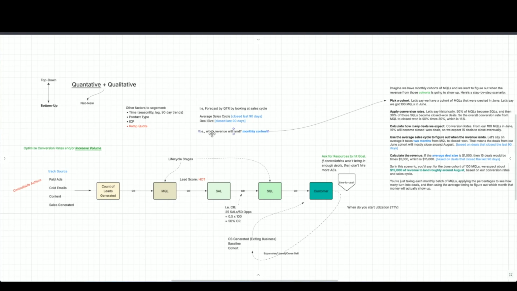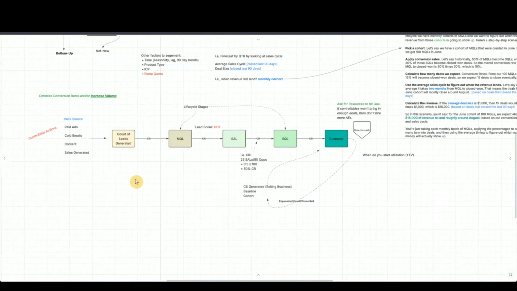And then one big thing is, forecasting is all about when will the revenue land. And this is basically the monthly cohort. And I broke it down here on the right hand side. And I'll go over this a little bit more in detail because it has a good example on how to break down the cohort. Okay. But this right here is the biggest thing, this graph right here. These are our different life cycle stages that are built into HubSpot. The life cycle stages that we have right now within HubSpot, they could do some fine tuning. The good thing is, I did see some properties where we have the MQL dates on some of them, and then we could probably get the SQL dates, and those are the things that are hugely important, like the created date, and then the dates that they hit these different stages,